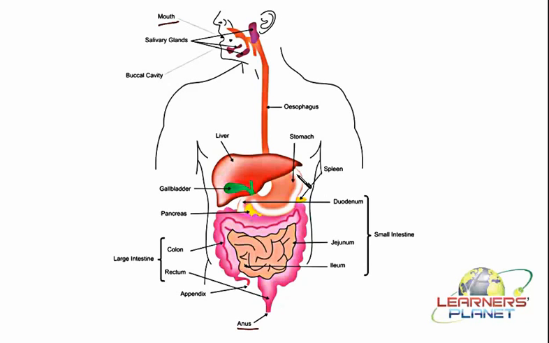from where they are either secreted by the internal wall of this alimentary canal itself, or there are some glands associated with the canal which are located outside, and they transport their secretions into the alimentary canal through some duct, right? So in this case, we are discussing the digestion of different organic molecules.